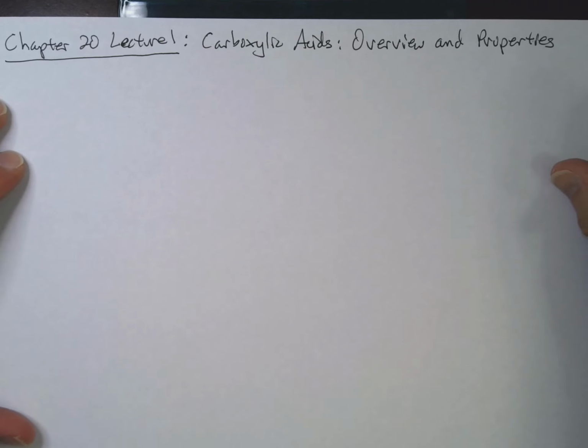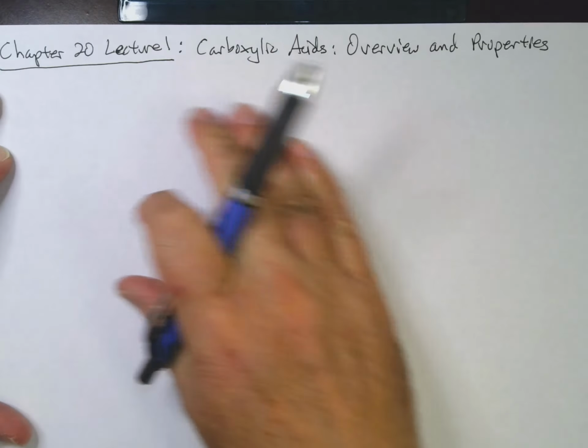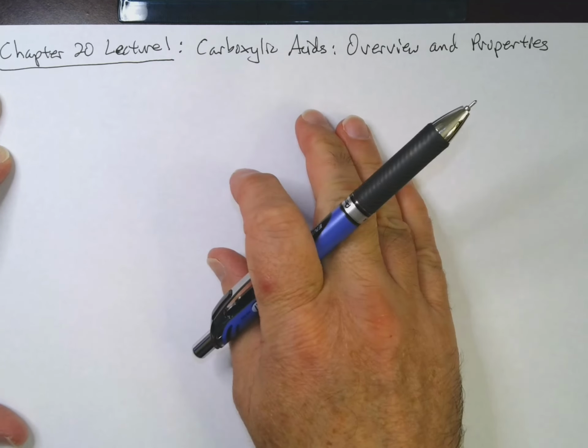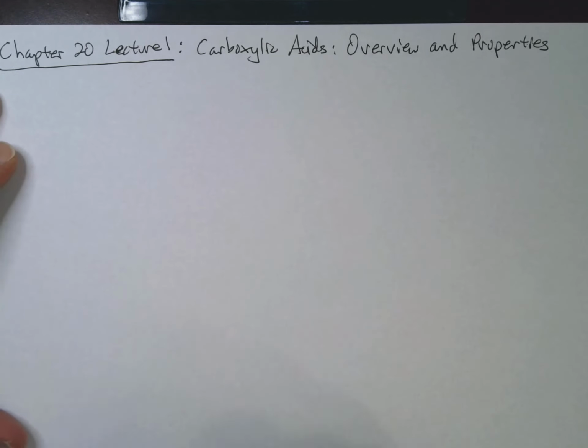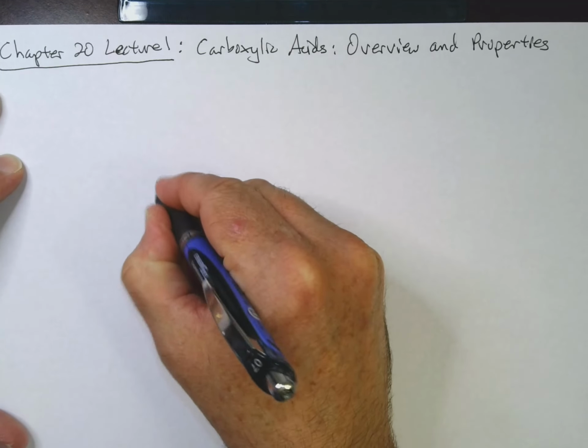Hi everyone, Dr. P here, and in this lecture video we'll be starting in on chapter 20, which is carboxylic acids and nitriles. And this first lecture will look at carboxylic acids, just a general overview, and then also some properties of carboxylic acids. So carboxylic acids